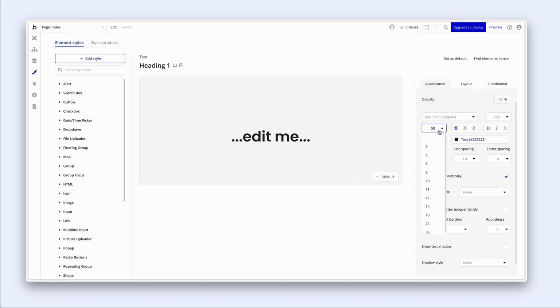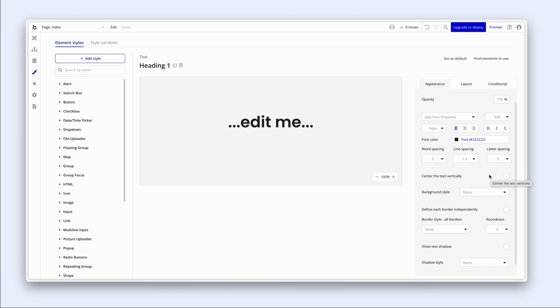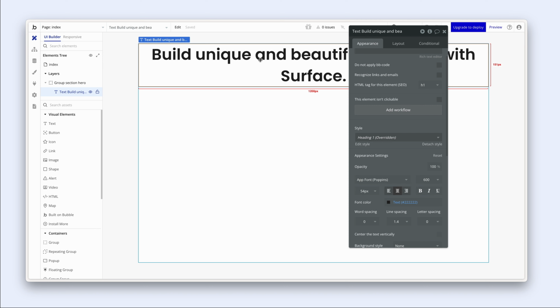Okay, let's adapt the font size to 54 pixels. Now the line spacing for large text is too much. Before we change this, let's just go have a look. I'm also going to center this text vertically. I'm going to uncheck that. But if we go back to the design,